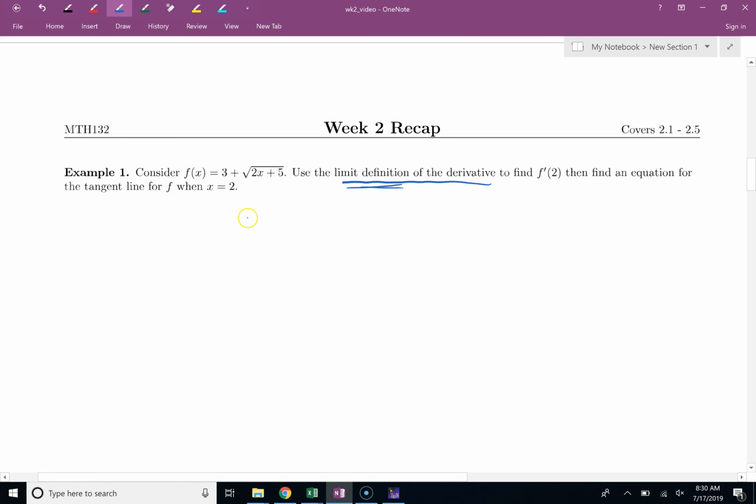I'm going to start writing down the derivative for our function, which is equal to the limit as h goes to 0 of f of x plus h minus f of x, all over h. Now let's start plugging in our specific information. We know what our function looks like. It's the square root function. So f of x plus h